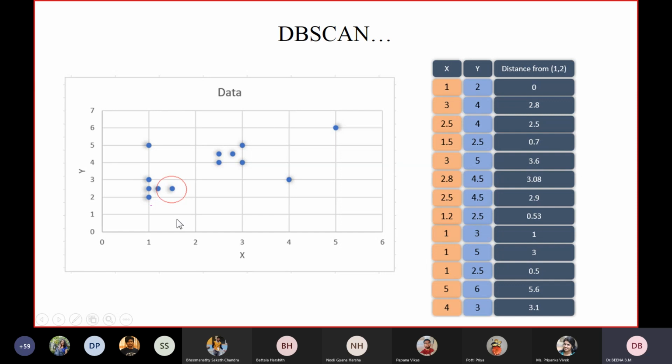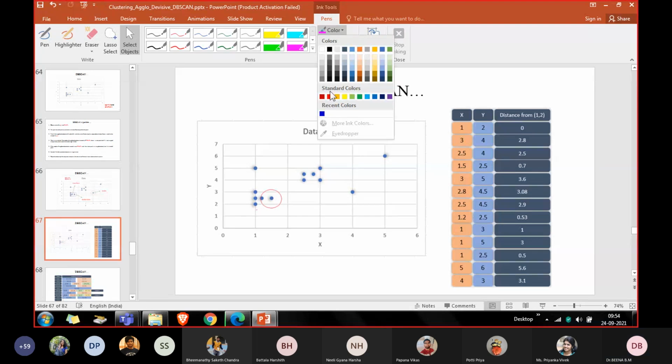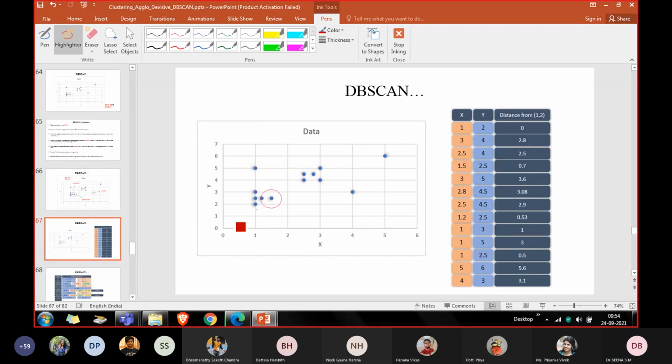See, you can see here, for the value 1 and 2, if you take the radius EPS value as 0.6 and draw a circle around it, what values are you getting?